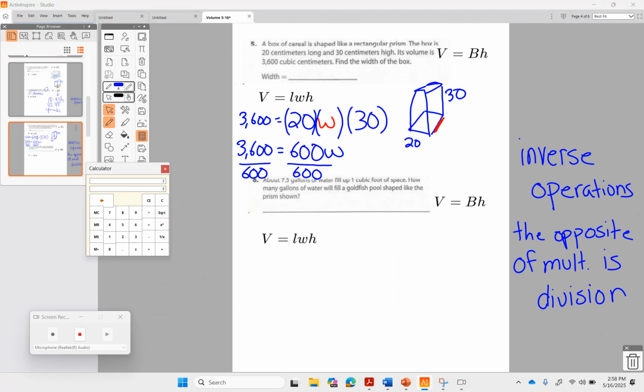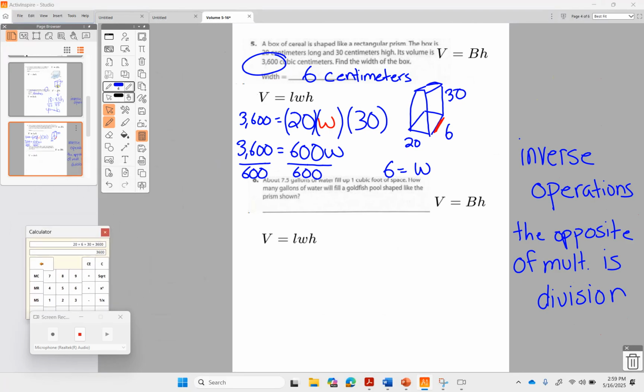3,600 divided by 600 is 6. 600 to 600 is 1. Let's plug it in and see if it works. 20 times 6 times 30 is 3,600. So the width is 6, not cubic centimeters, but just centimeters. Okay? Got that one. Let's clear it and do the